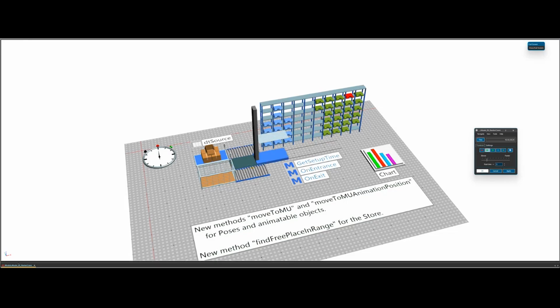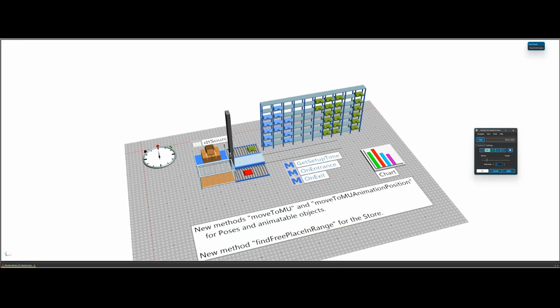So I also don't have to do the calculations of how long it takes to travel somewhere and define something here. My animatable objects have a speed, and then Plant Simulation calculates automatically how long it takes to travel to the first or to the last storage shelf. So overall, I think this gives you the power to easily have a nice visualization and also easily have the valid behavior without doing a lot of more complicated coding.